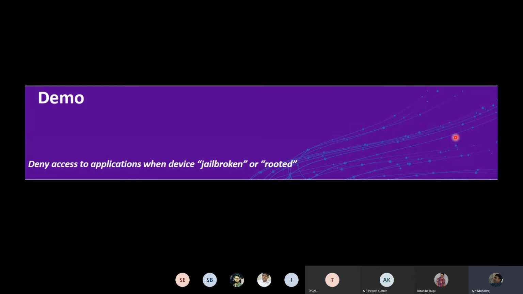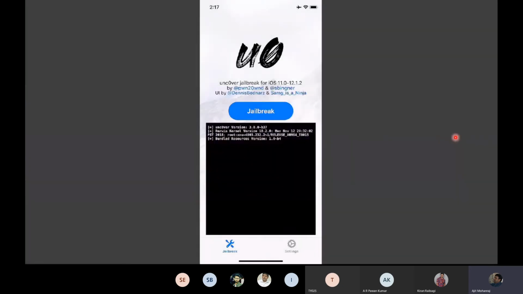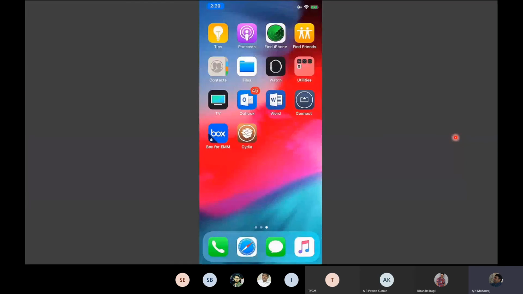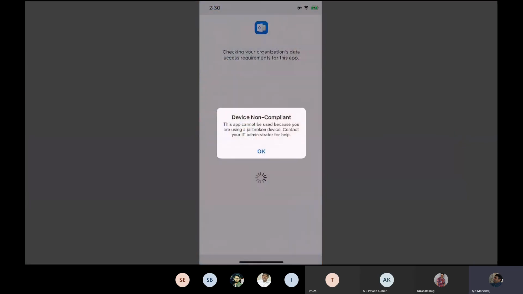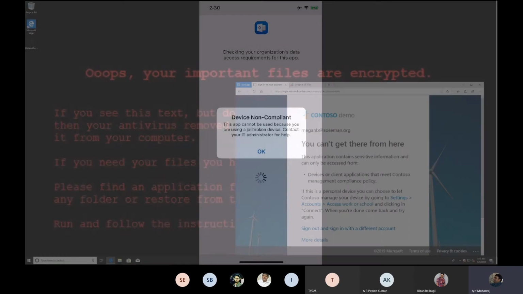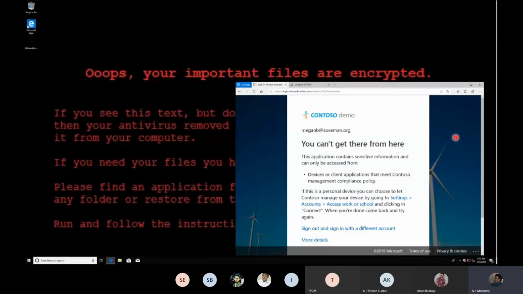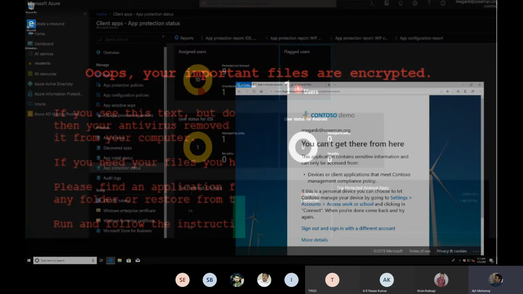And if the device is jailbroken, a lot of these, Redmi and Xiaomi earlier on used to have jailbroken devices, right? Or devices that were already sort of hacked. So you had a jailbroken device, you try to log in again with that Outlook app. I'm going to stop you immediately in your tracks, saying that you're violating some of the policies. And if you had ransomware going on, I'll quickly find out and I'll tell you, boss, even though you logged in, you can't get from there to here because your device posture is all wrong, right?